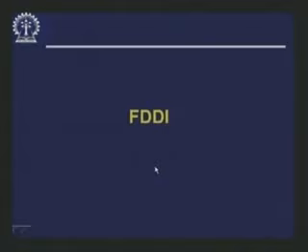Next, we will take up another system, called FDDI. This is still in use in some places for some specific applications, but then again FDDI is also sort of going out because newer technology is taking its place. Okay. FDDI was originally